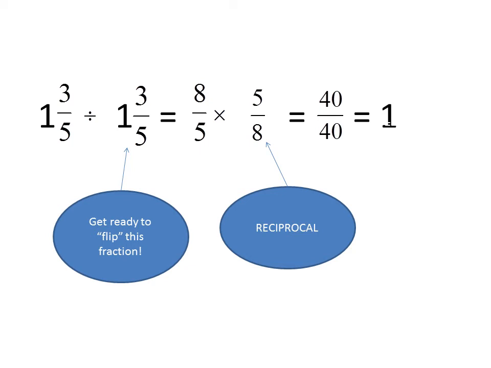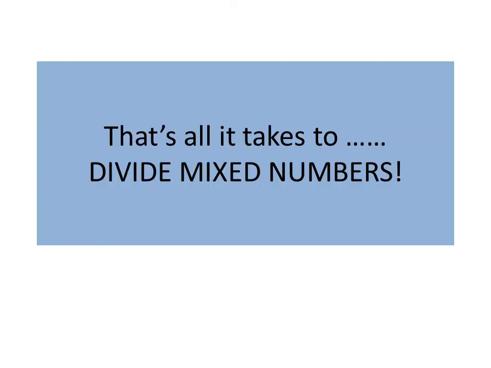8 times 5 is 40, 5 times 8 is 40, 40/40 is 1 whole. Any number over itself is 1 whole. And if you divide a fraction by itself, or multiply a fraction by its reciprocal, the answer is always 1 whole. And so that's all it takes to